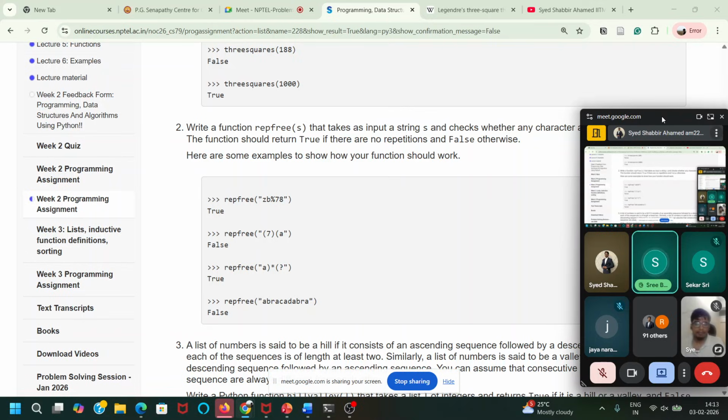Sir, presently we are running our code in Jupyter or Anaconda, right, sir? But how can we run it in our main exam?